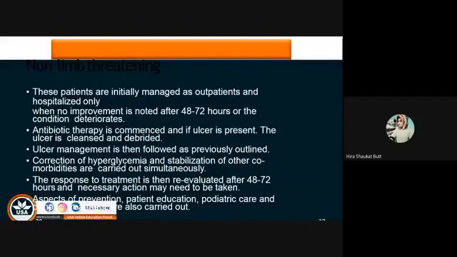Okay, then you can even go for the cleansing or the debridement of the ulcer, and then ulcer management is always followed up. You can go for hyperglycemic management, and you have to control the other risk factors as much as you can. The response to the treatment is then reevaluated after 48 to 72 hours, and necessary action may need to be taken. And patient education and preventive measures, podiatric care, they are the most important factors if you want to prevent or minimize the threats to the normal limb. Okay,